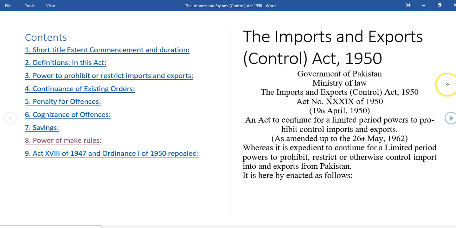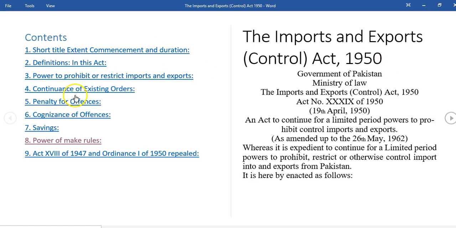That's why for Bangladesh we are still following the same act. And you will see that though we are ruled by the People's Republic of Bangladesh, we still have on the cover page of the act the mention of Government of Pakistan. So this is a stark contrast, but anyway the act is valid in Bangladesh.